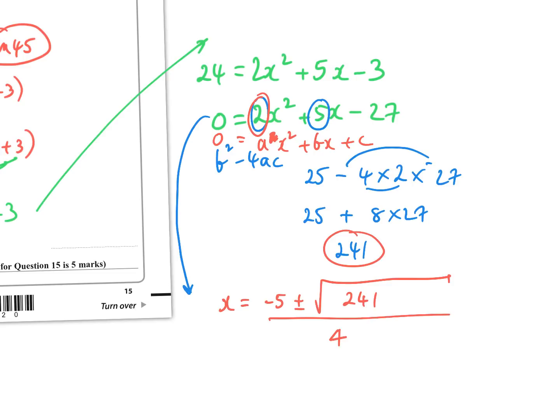So x is going to be a positive value, it's not going to be the negative, so we're not going to look at negative 5 minus, we're going to look at negative 5 plus. So we're going to have negative 5 plus the square root of 241 all over 4. So the square root of 241 I've already done on my calculator. I'm just going to take the 5 off, which is the same as doing negative 5 plus what the value was. And that's